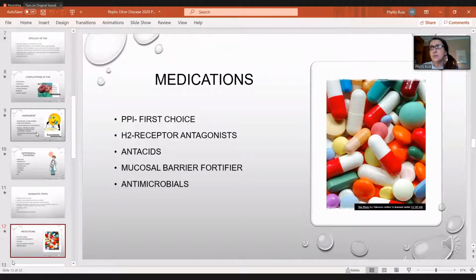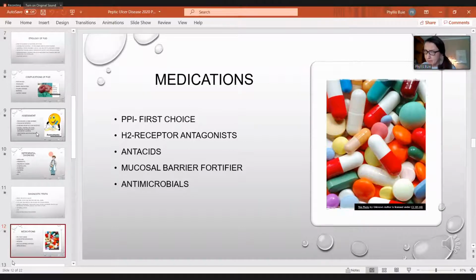Now, if the proton pump inhibitors are used over an extended period of time, and that's years, it can cause osteoporosis because there is a decrease in the absorption of B12. And patients can also be at a little bit higher risk for developing C. diff if they're on proton pump inhibitors, but you typically don't see that without some other type of